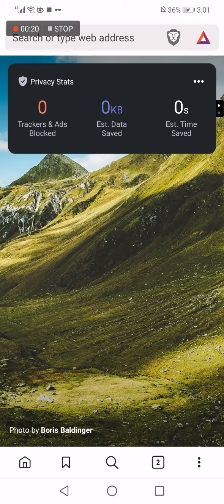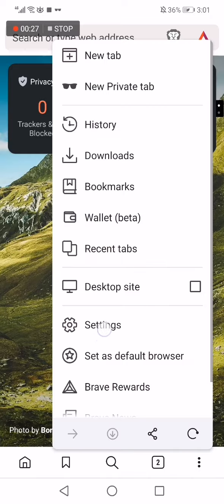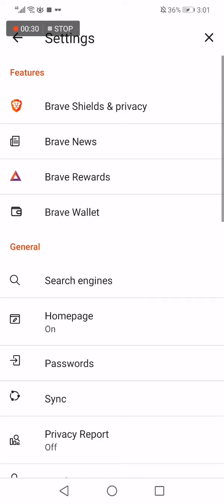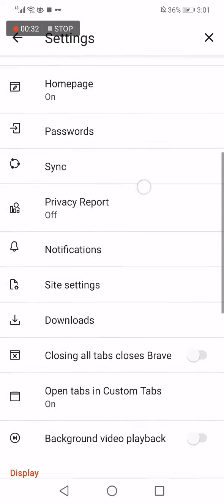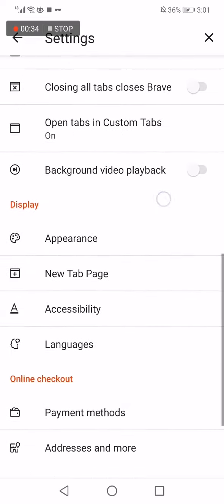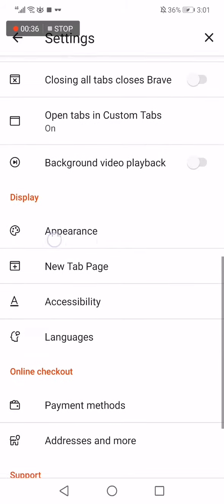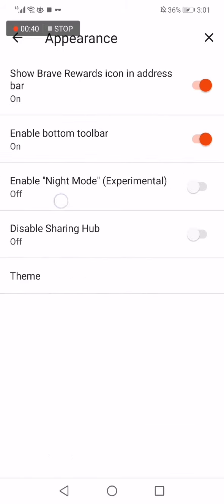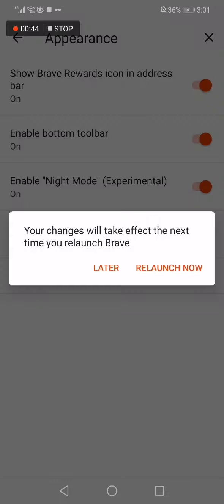can see, this is the home page. Now you click on those three dots here down below, and after that you go to settings, and now go to appearance. Click on this option here, and as you can see, you will have enable night mode. You enable it and then click relaunch,